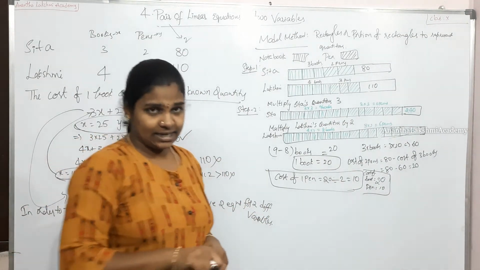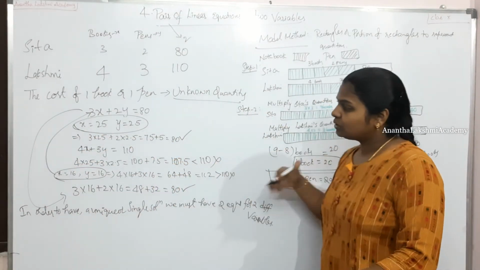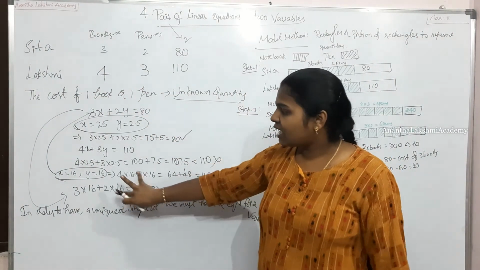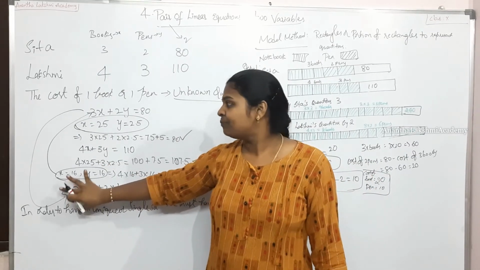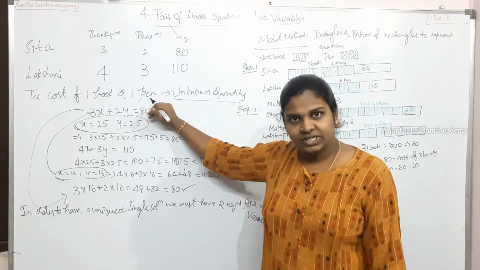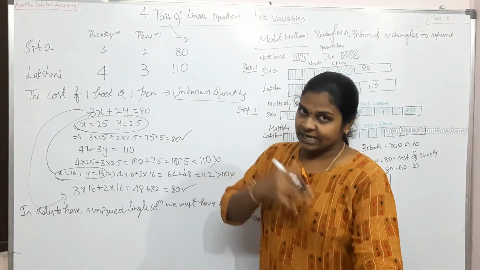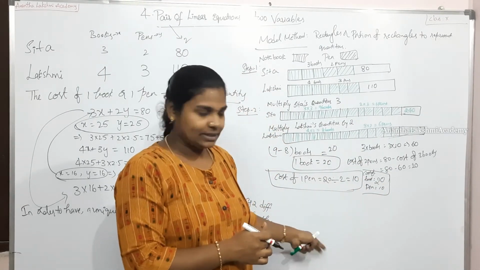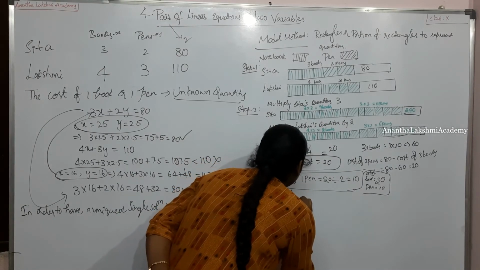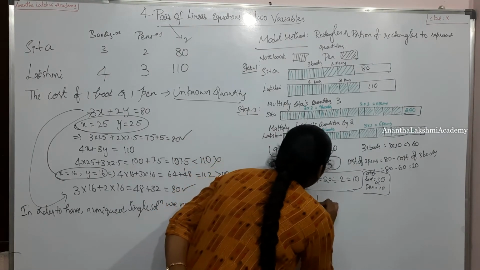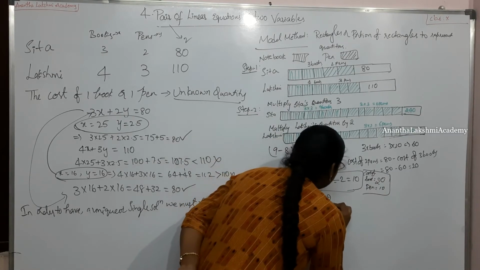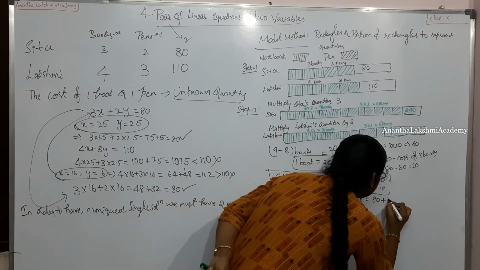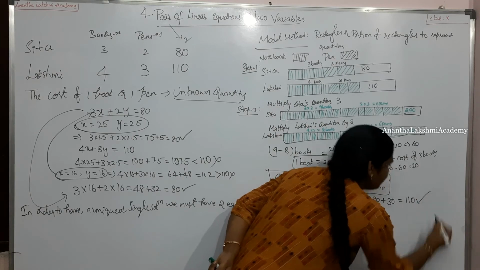Now let us apply the same to Lakshmi's quantities, to see if it satisfies Lakshmi's quantity, because earlier whenever we were taking some assumptions, we figured out that if it is satisfying Sita's condition, it is not satisfying Lakshmi's condition. So let us try if this is the same case for the solution which we figured out using the model method. So for Lakshmi's quantity, what it is, 4 into cost of book is 20 plus 3 into cost of pen is 10, which is nothing but 80 plus 30, nothing but 110.